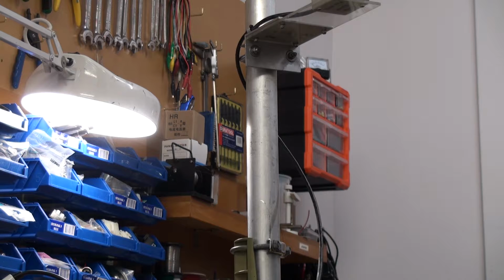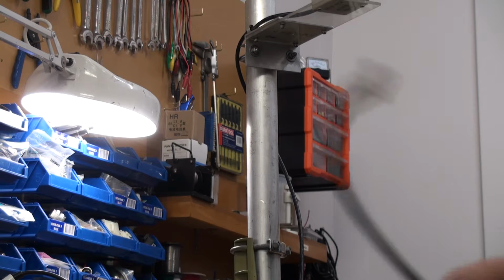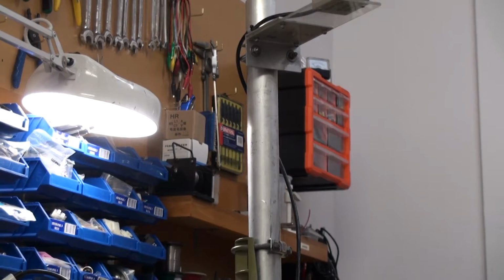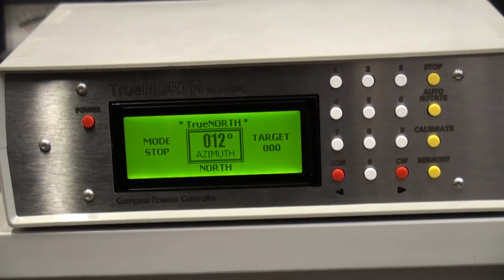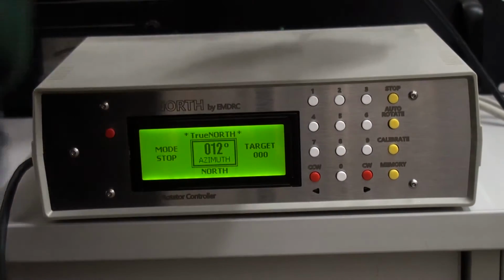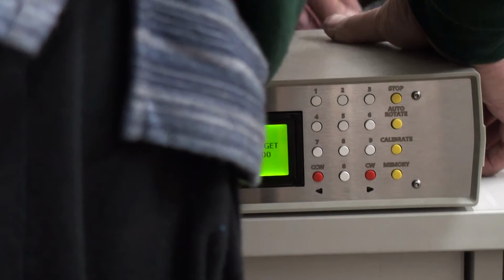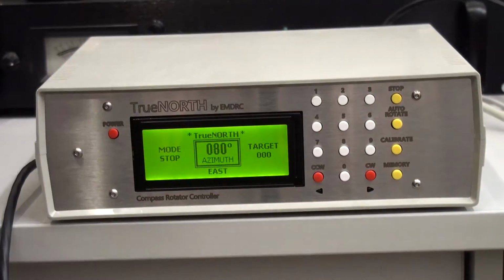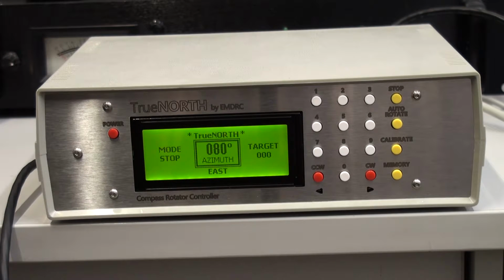Alright, Cat 5 with a simple RJ45. We shall go back to the controller box and plug it in. And straight away you can see it's 80 degrees, 79, 80 degrees. Okay, now